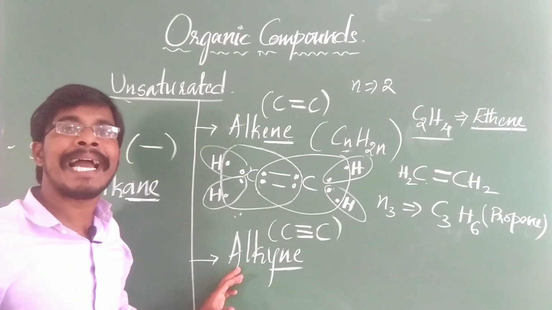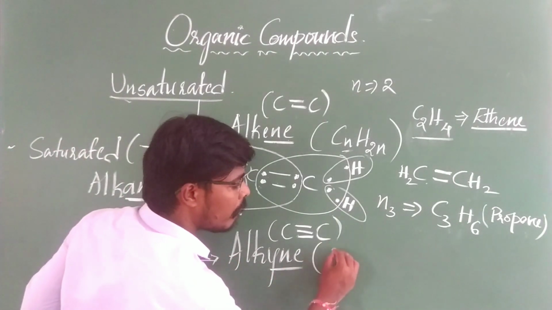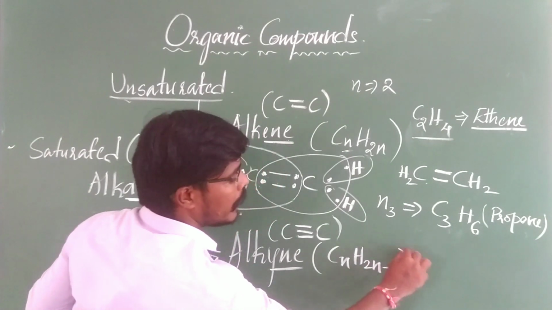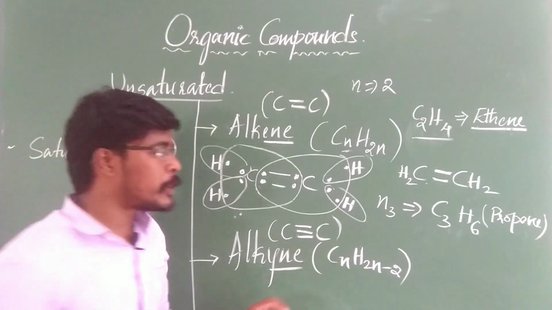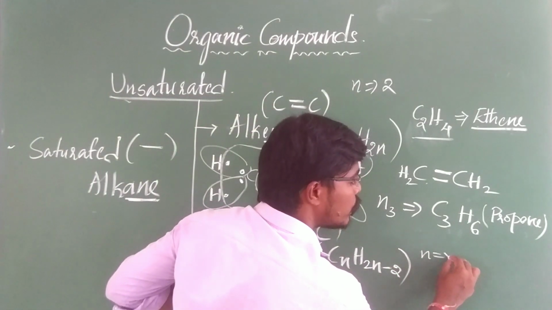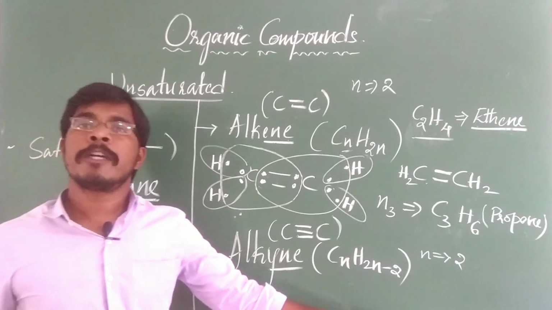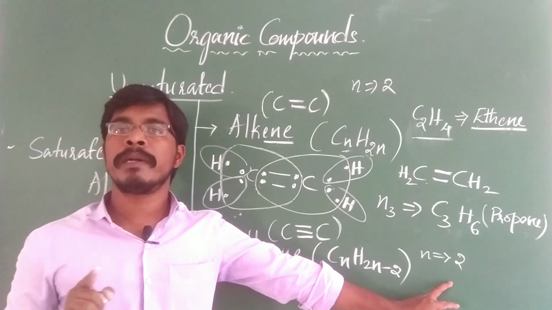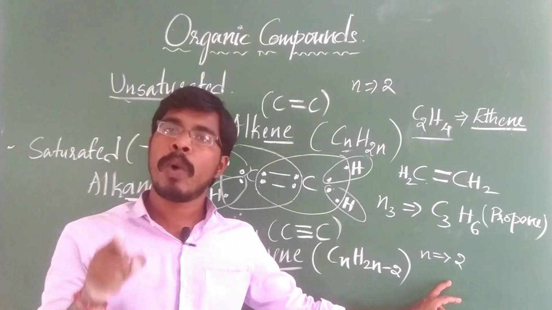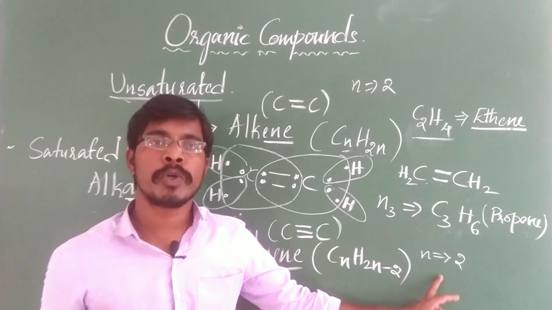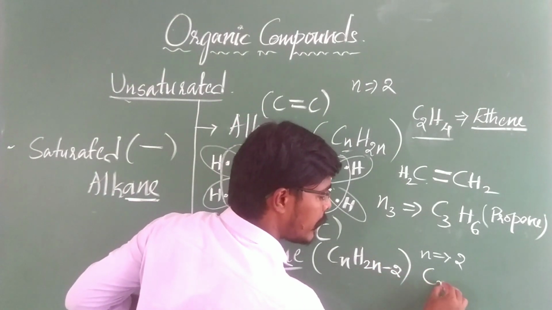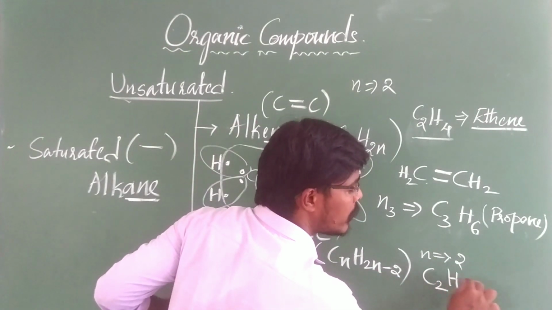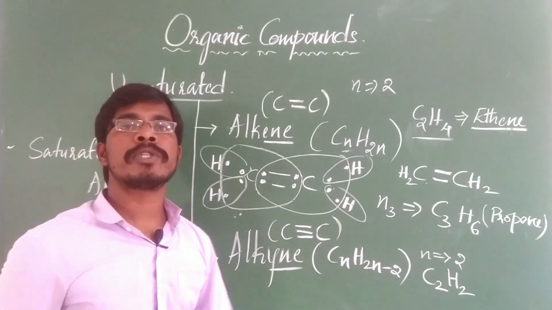When you move towards the alkyne, what happens here? The general formula for alkyne is CnH2n minus 2. In place of n, the value is 2. Here also for alkyne, the first member will start with n equals 2, not with 1, because the valency of carbon will not be satisfied if you take n as 1. So start with n equals 2. Then the first member is C2, H2 into 2 is 4, minus 2 is nothing but 2. So hydrogen 2. Only 2 hydrogens are present.